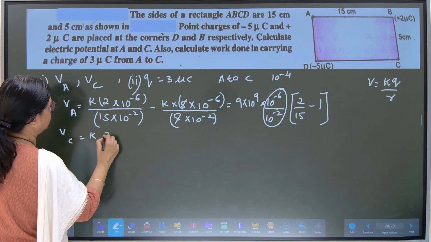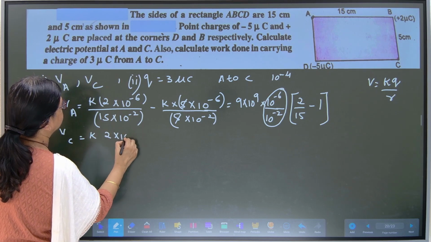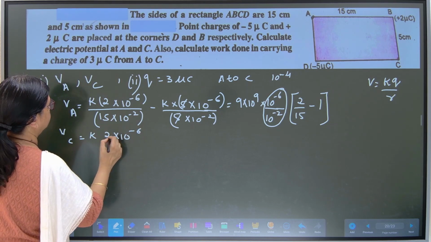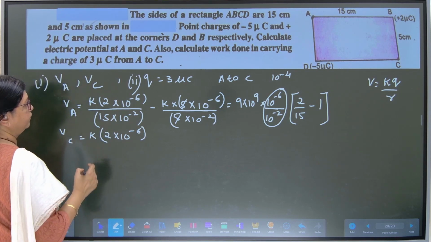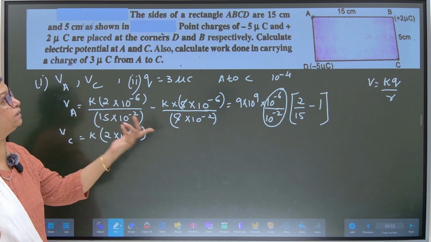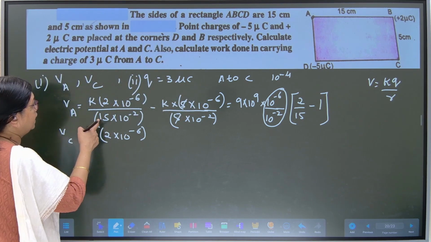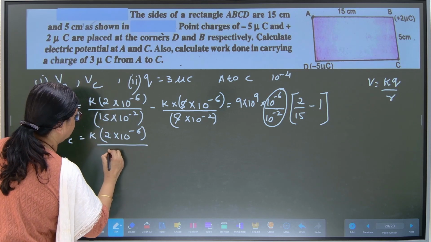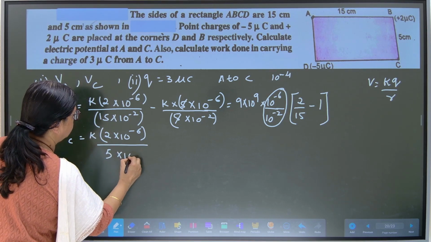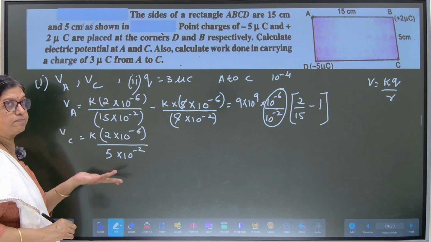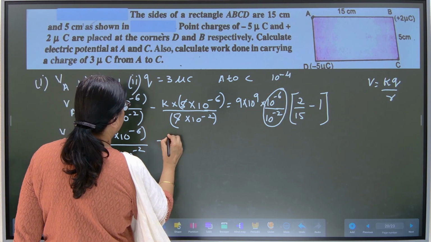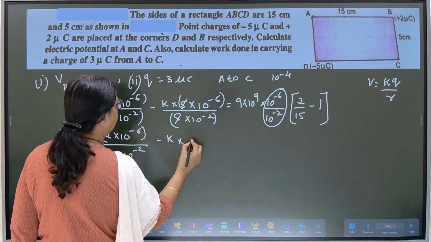So that is again 2 into 10 raised to minus 6. But here you may think the charge is same, but distance is different, 5 centimeters from C to B. So I have to write here instead of 15, I have to write 5 into 10 raised to minus 2. I have already explained the conversion part. Minus K into